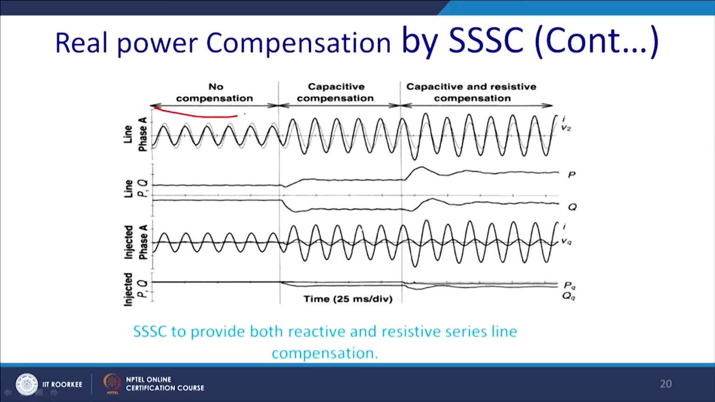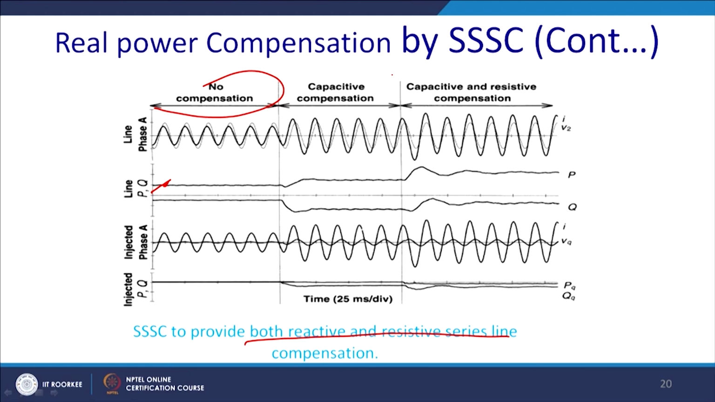So, let us see that. Same thing, this is with no compensation. So, there is a little bit, this is a line voltage, and what happened then? The SSSC provides both reactive and resistive line compensation, and ultimately it is providing the P, this is actually P now, and this is the Q. Thereafter capacitive compensation comes,